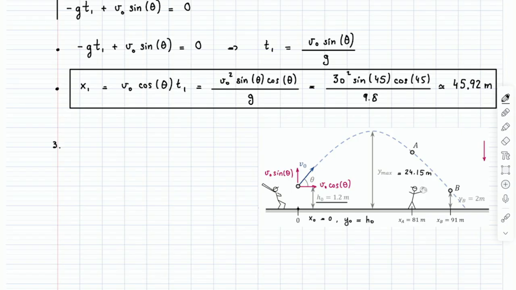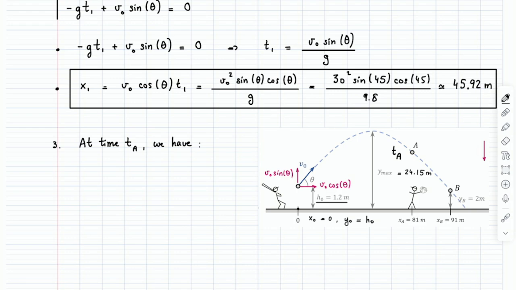So let's call this time TA, right? And let's see if we can figure it out. Basically, what is the height of the ball at time TA, right? If it's 3 meters or less, the outfielder can catch it. All he has to do is jump up. If it's more than 3 meters, jumping is not going to cut it, so he's going to have to run to point B or something, okay? So, same thing. We are in the business of writing things that are true. So at time TA, we have the following.